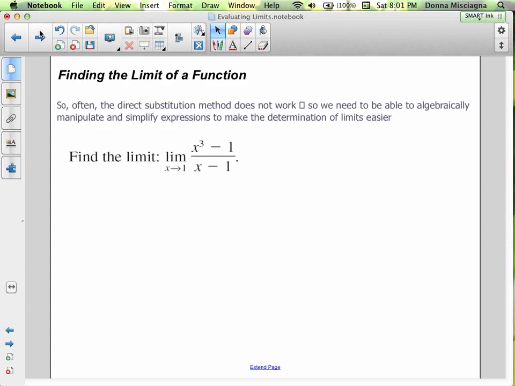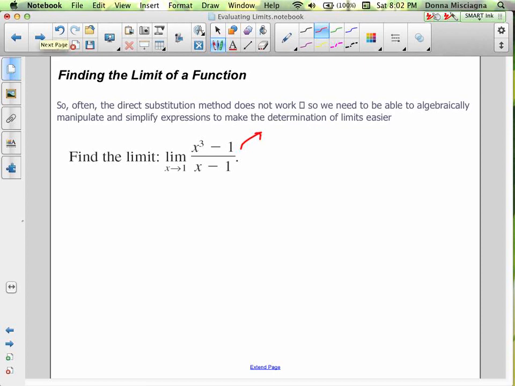All right, so finding the limit of the function. Often the direct substitution method does not work. So we need to be able to algebraically manipulate and simplify expressions to make the determination of limits easier, or even possible. And so here, if we were to plug the 1 in,